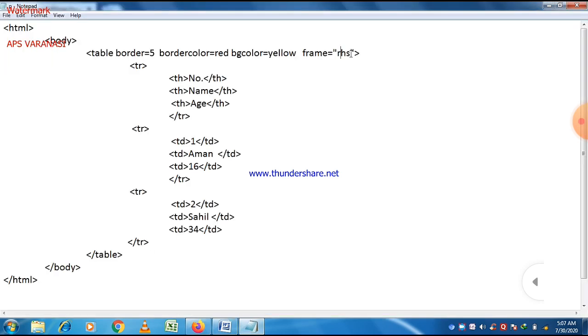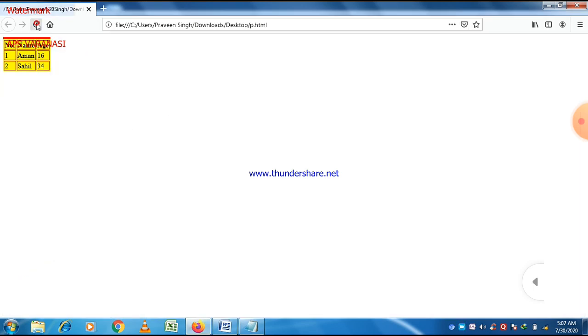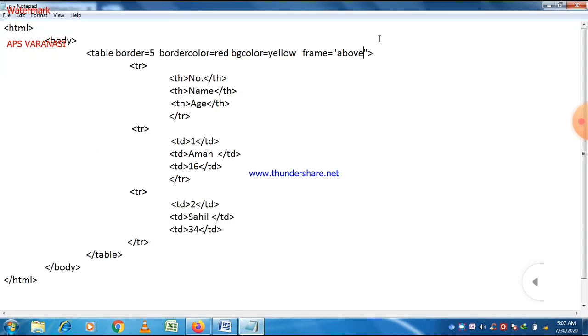So now we can say that the frame attribute allows you to state which portion of the border will display, whether it is left hand side, right hand side, or above. For left hand side we put LHS, for right hand side we put RHS, and for above we put the value of frame as above.